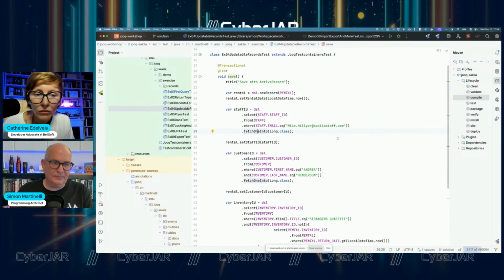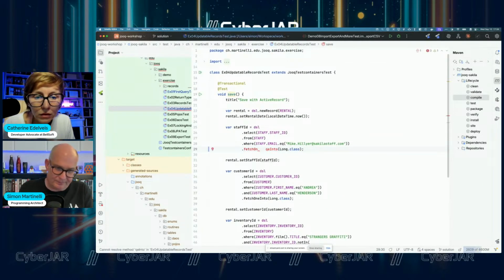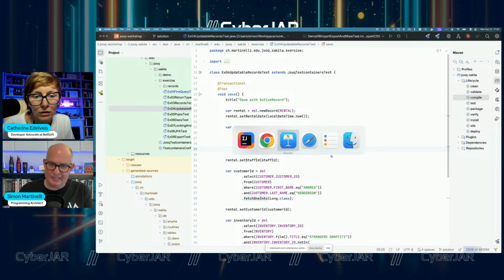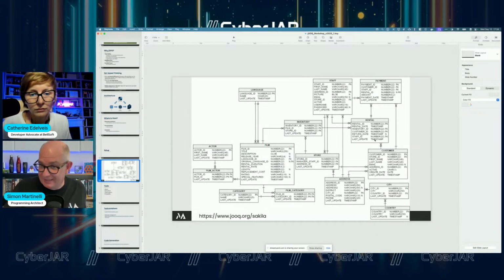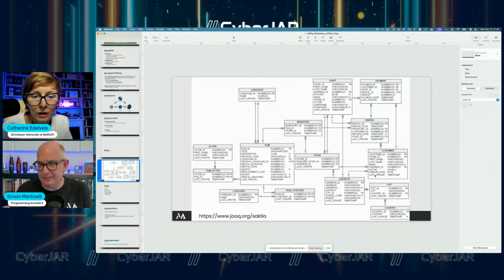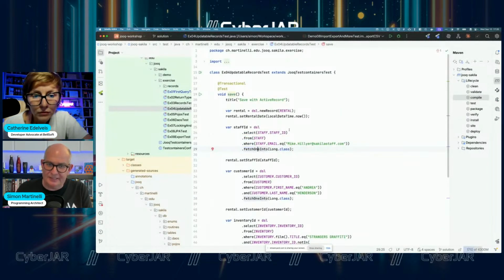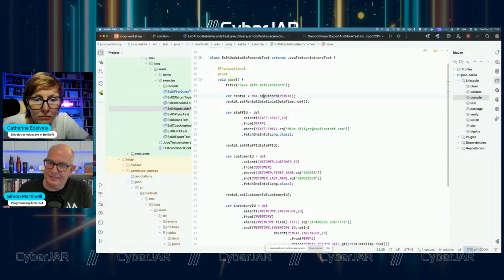Let's have a look at this one here. Let's say I want to create a rental. Let's go back to that one. So I want to create a record in the database table for a rental. To create a rental, I need an ID from the inventory table because I want to rent the film, and then I need a customer at least. I will also probably need payment and stuff for doing the rental for the customer. And so in that case, I create a new record.